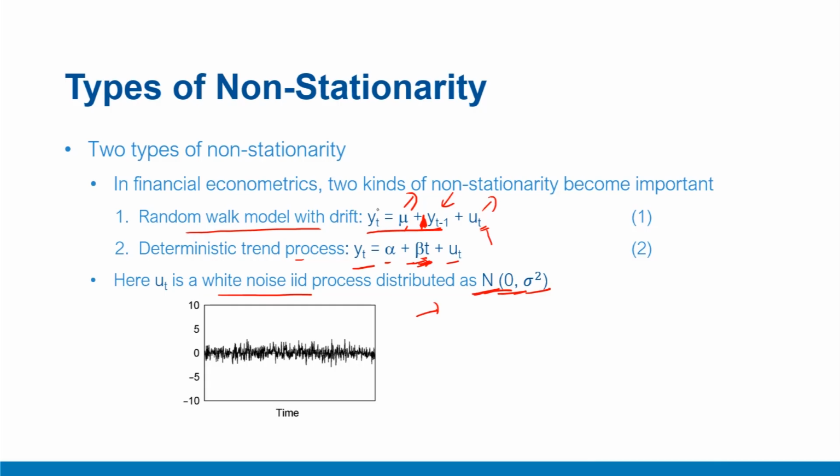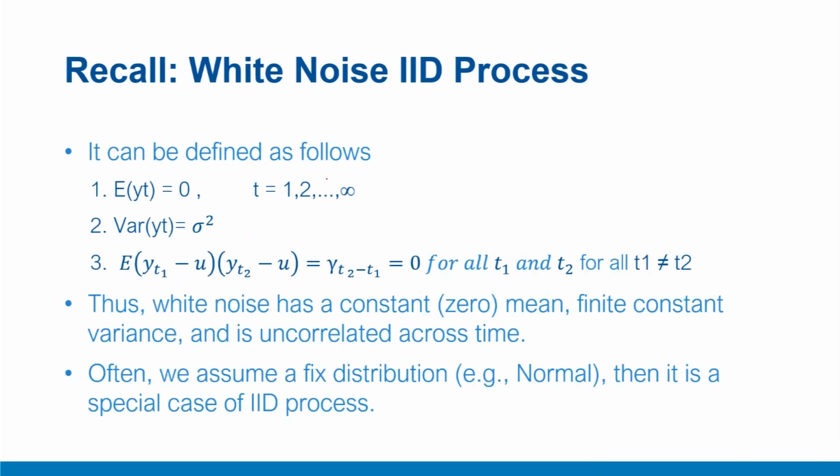Now, how to deal with these non-stationarities, we'll discuss in subsequent videos, but one important concept we'll again recap: the white noise IID process. If you recall, a white noise process is a process with no discernible structure. In financial econometrics, we generally assume that the mean of this process is zero. If you recall our previous discussion, particularly for security market returns, this is a very good assumption, because it is difficult to believe that any particular stock will give you abnormal returns with a mean greater than zero, or if it is less than zero, then the opposite argument can be applied with short sale logic. That means you will sell the stock short.